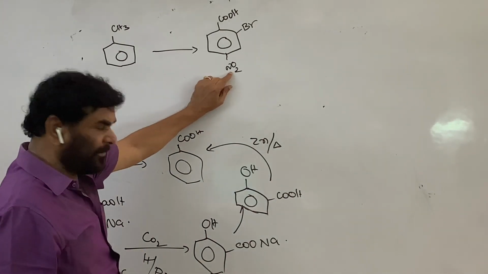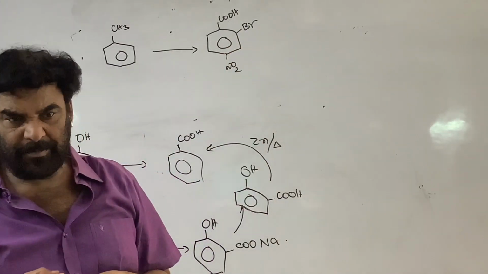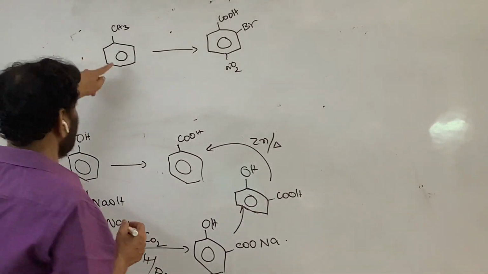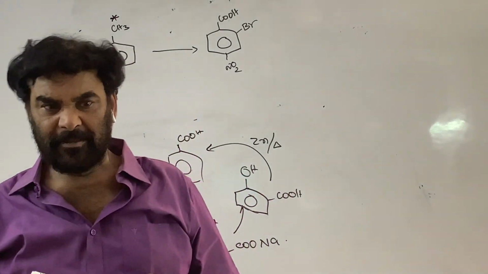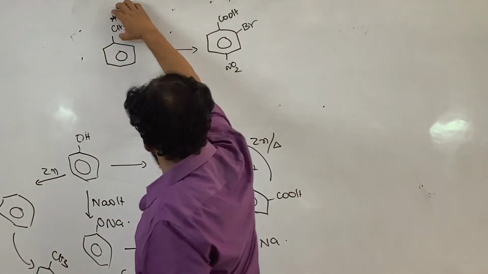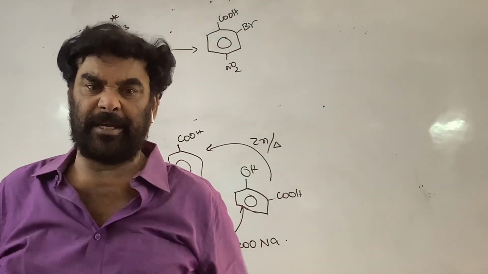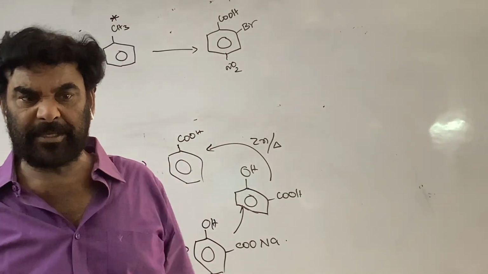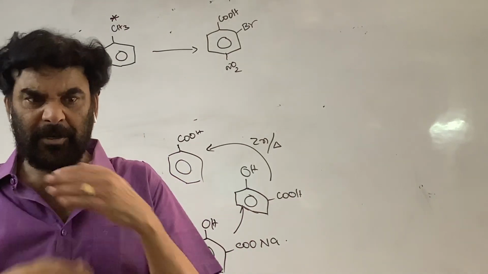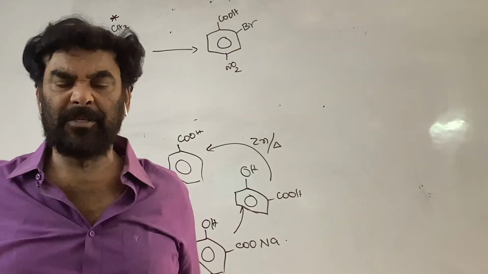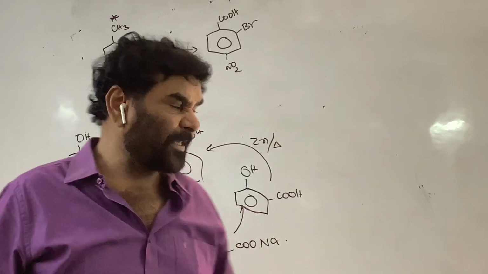See, this is the regular deactivator, but an ortho-para director. Anyhow, this is the ring activator. Two more groups are to be introduced into the ring. Therefore, it is easy to convert the CH3 into COOH. Don't be in a hurry in converting, because the reactivity of the ring decreases. So to the possible extent, the groups are introduced into the molecule when the ring activating groups which increase the reactivity are present in the molecule.